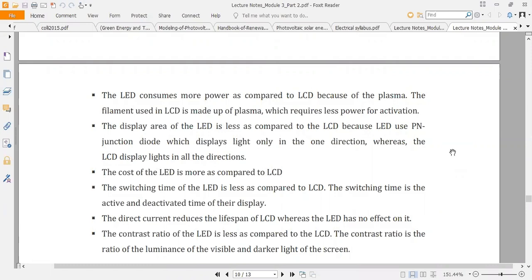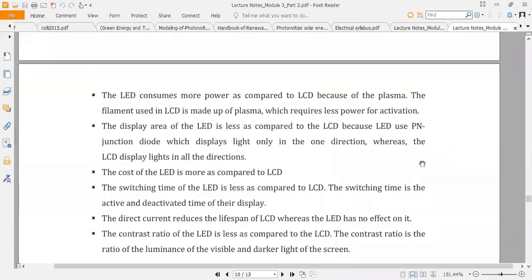Okay. And the contrast ratio of LED is less as compared to LCD. The contrast ratio LED का कम होता है if you compare with the LCD. So these are some basic differences between the LCD and LED. I have just mentioned this section, okay, just for your knowledge. That's it. This is not a part of the syllabus. Okay. Otherwise,